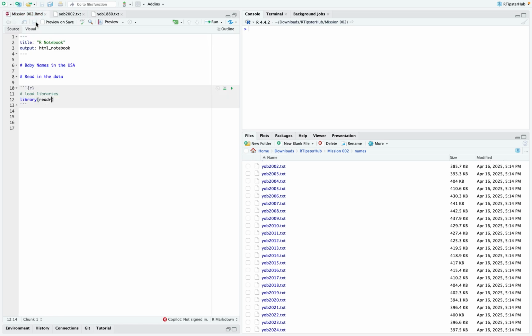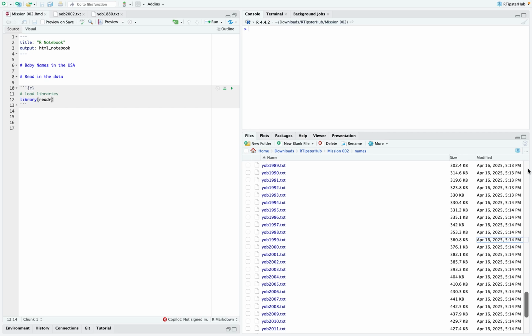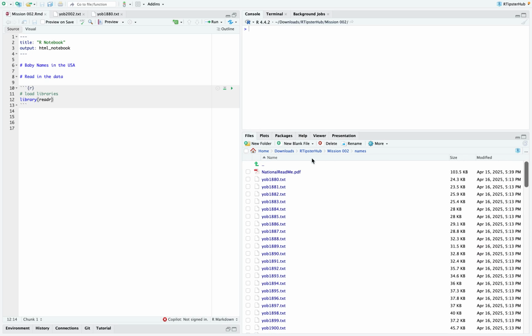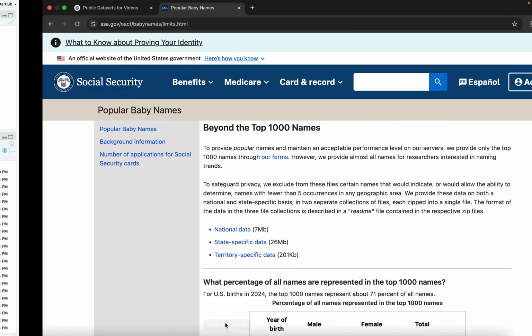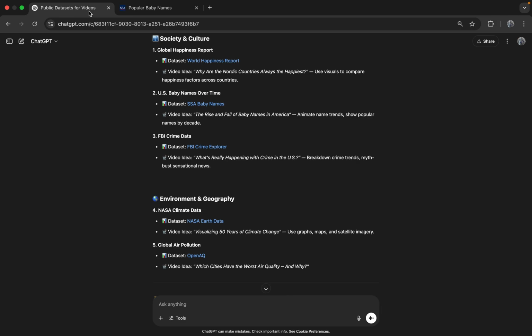Seems like a very challenging problem because we are looking at data from 1880 to 2024. So what we do, we go to chat and ask chat,